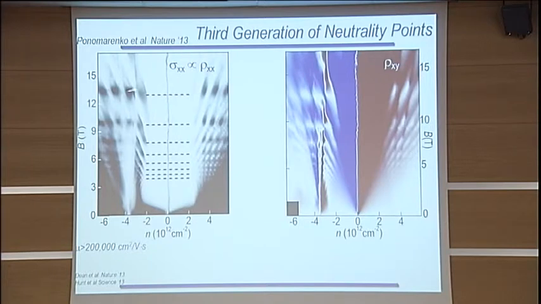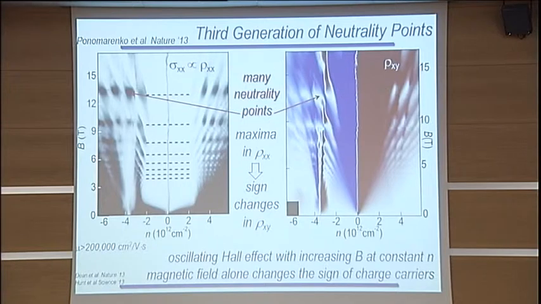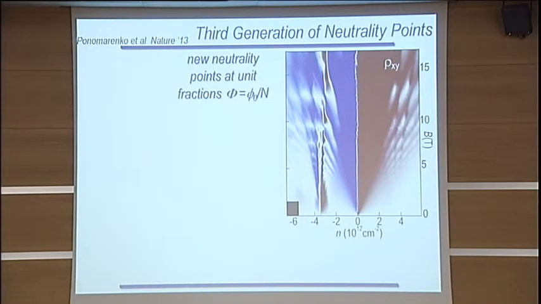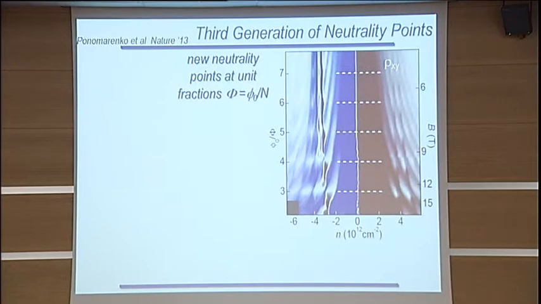In sigma XX we see those minima simultaneously with the RXY changing sign. So it basically can be interpreted as new neutrality points and as new generations of quasi-particles. Now it is the third generation of the neutrality points and the third generation of the Dirac fermions, and it can be also interpreted. Well, you get a little bit better insight if you plot it